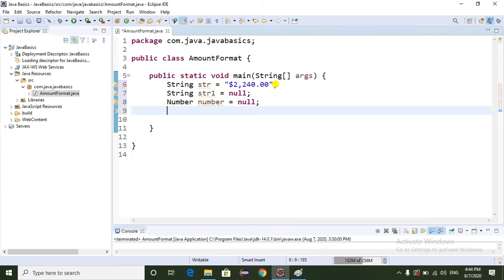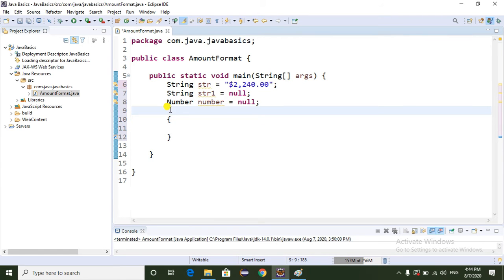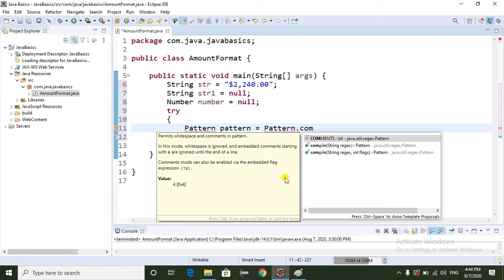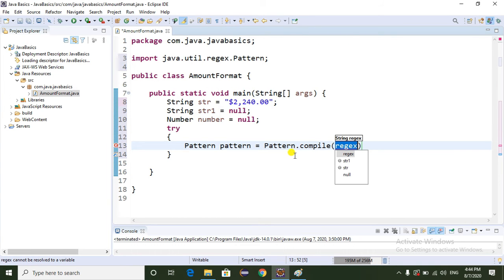Now I am going to use regular expressions. Here I am going to take a try block. In the try, I am going to take a regular expression Pattern equal to Pattern.compile.